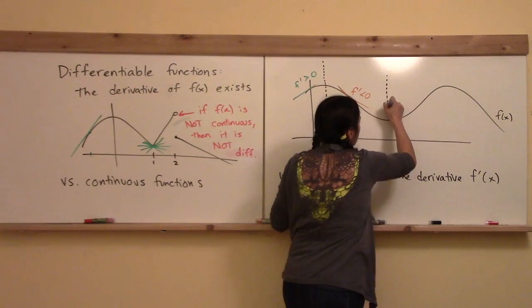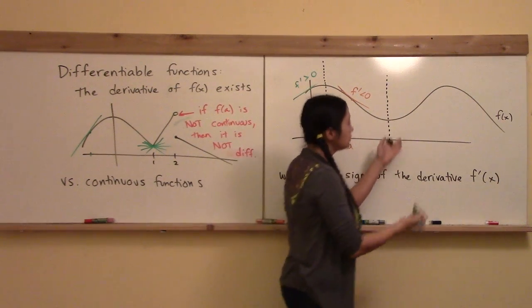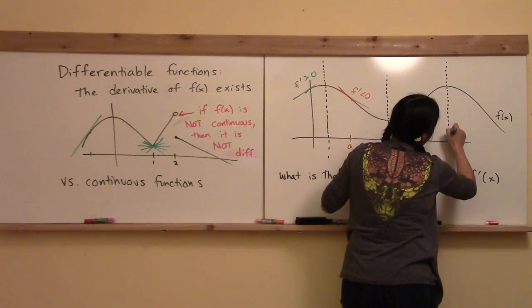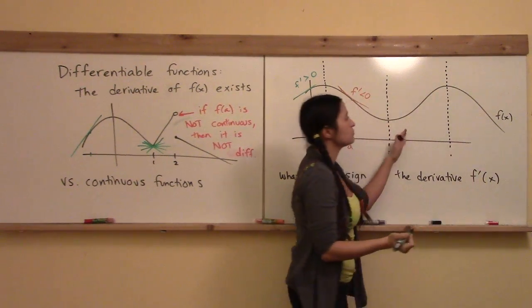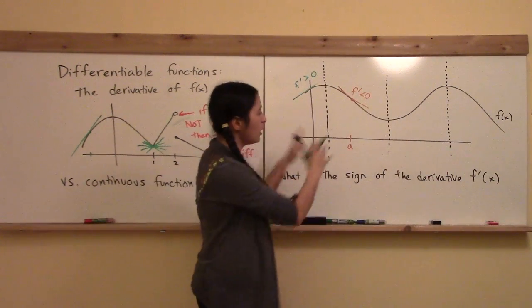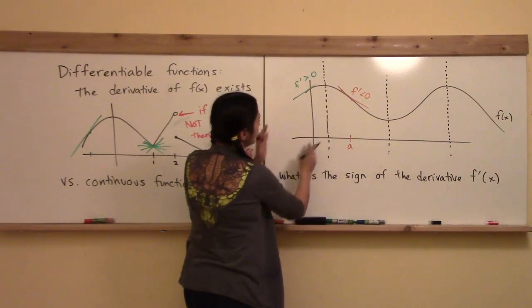Then it gets to this trough right here. And at the very bottom of the trough, that's when it stops decreasing, and it begins increasing again. It goes up and up until we get to this peak right here, and that peak signals when it changes from increasing to start decreasing again. Okay, so we've got all different regions here, and we would expect that in this type of region, whenever the